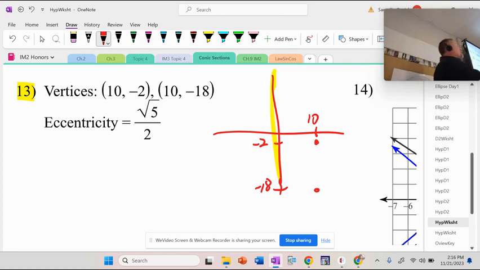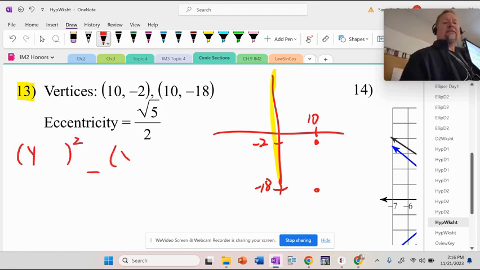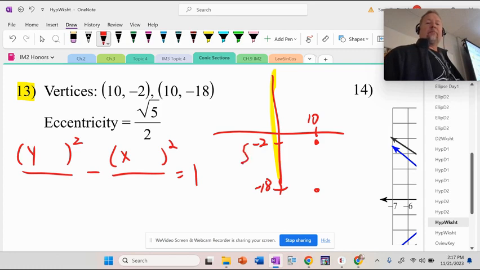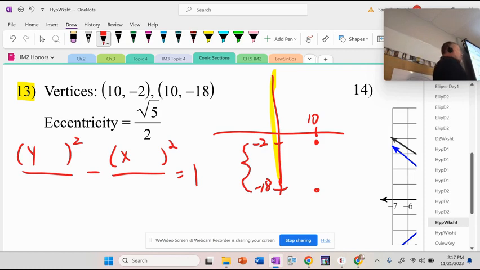So right away, I know it's a y squared minus an x squared. And I just have to fill in these parts. And you're going to get 3 out of 4 of them yet again. But then it's the same problem, just with a different thing given. But how far away are these two? Don't do some mathematics. Don't use a calculator. Wait, do I add or subtract? How far is it from -2 to -18? 16. This is common sense.